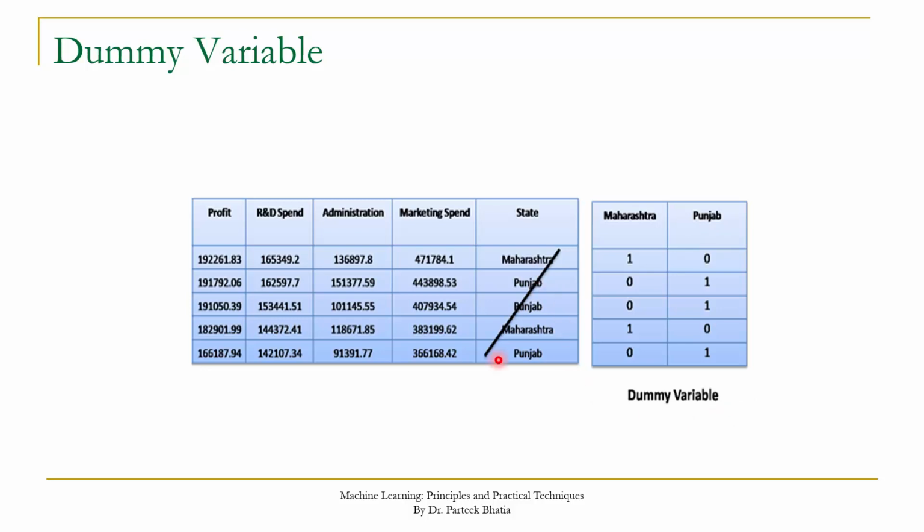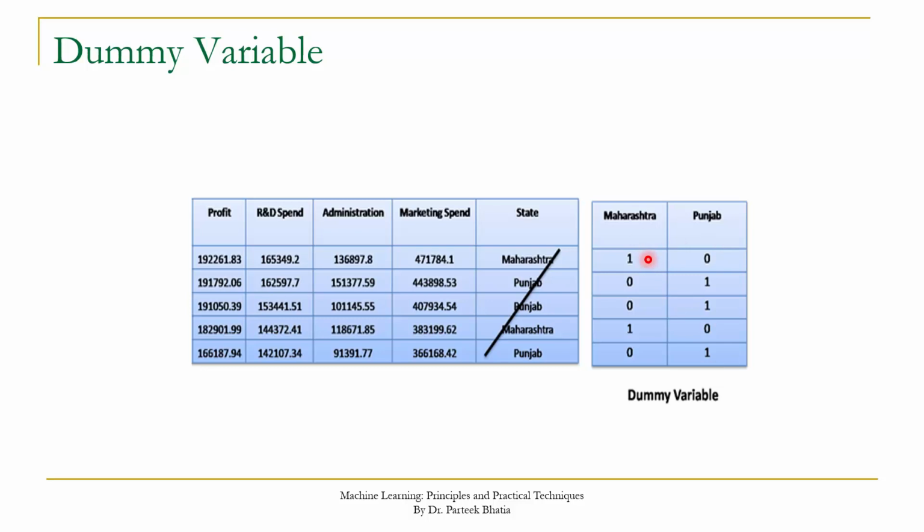We have created dummy columns for each unique value of the categorical attribute. In this case, our attribute has two unique values, so we have created two dummy variables. It is very important to understand that during building the model, we try to capture maximum information by using minimum number of columns. So here we have two dummy variables, Maharashtra and Punjab.